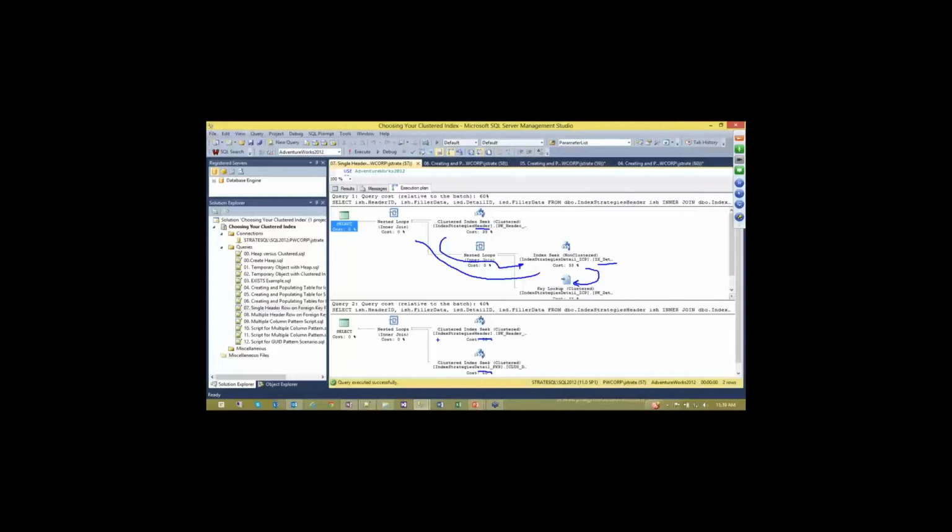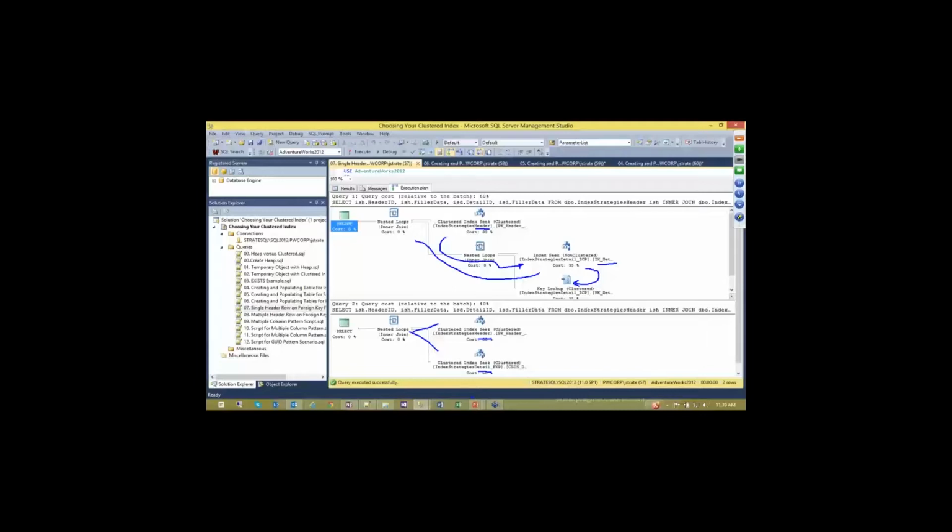instead of having to do the additional nested lookup, the index seek, and then the key lookup, it can just do a single cluster index seek, pull the rows together, and then pull everything together in a nested loop and pull it back out. And this is a pattern that when I've seen detail tables and header tables used in conjunction like this, where you do want to do the filtering on that specific value, that this has a lot of